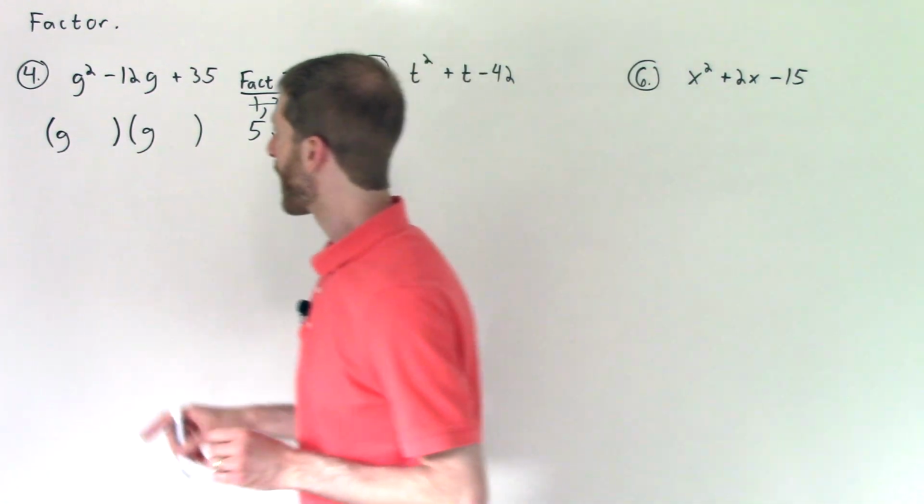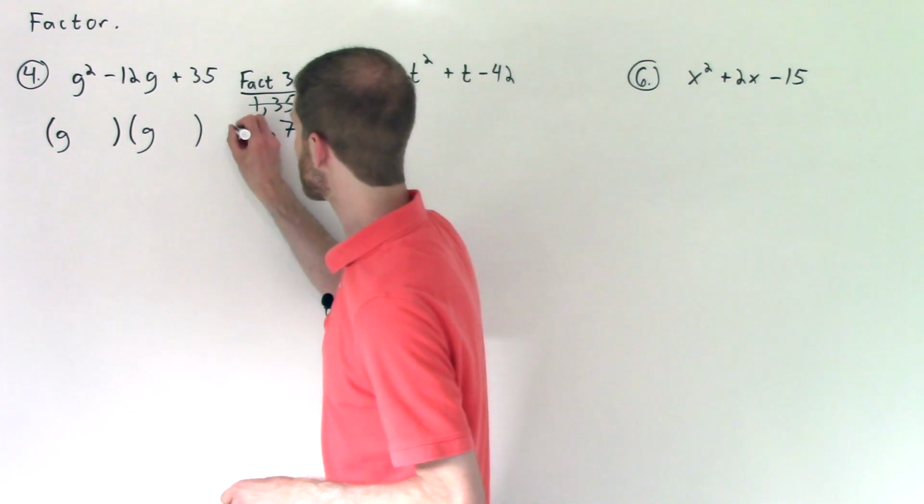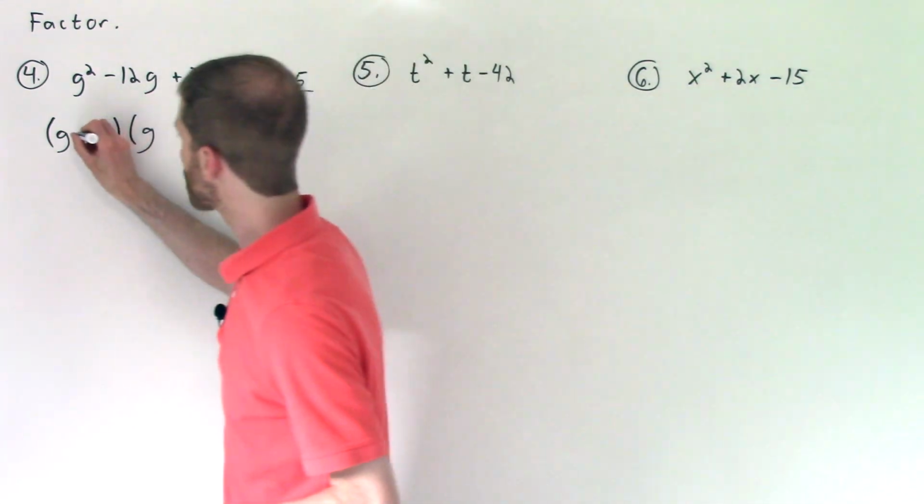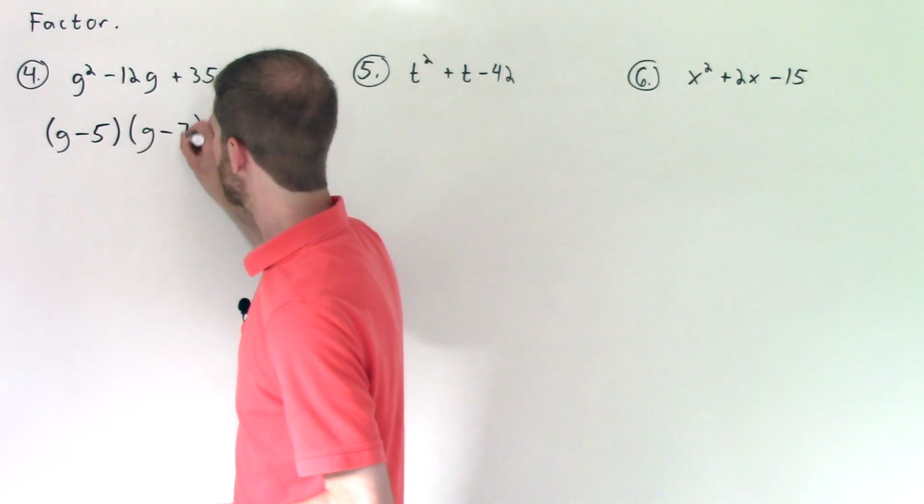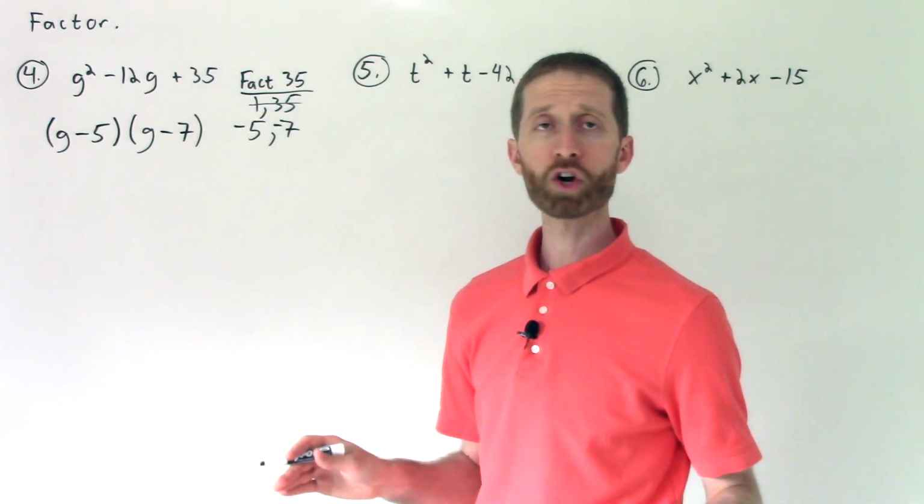Now from here, I would need both of these, 5 and 7, to be negative, because minus 5 plus minus 7 gives you negative 12. So each are going to be minus in sign. And that's it. As I promised in the start of the video, I am no longer going to be checking